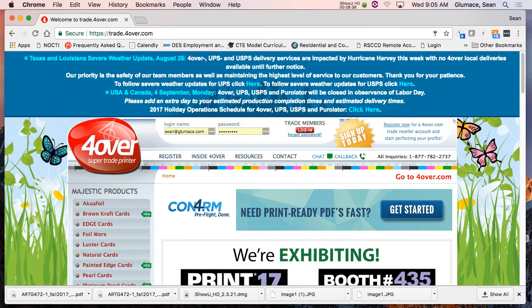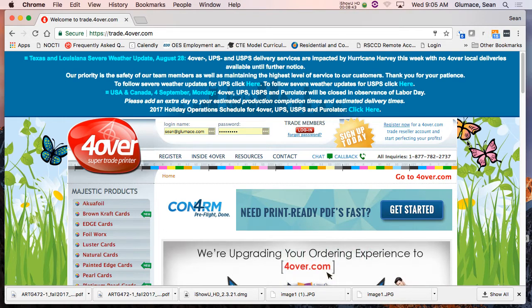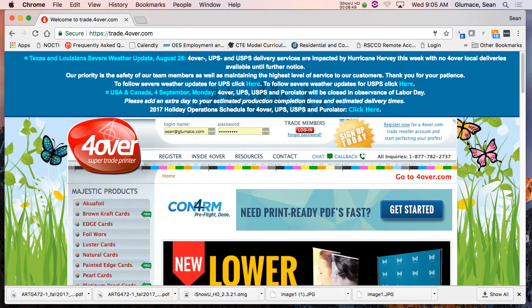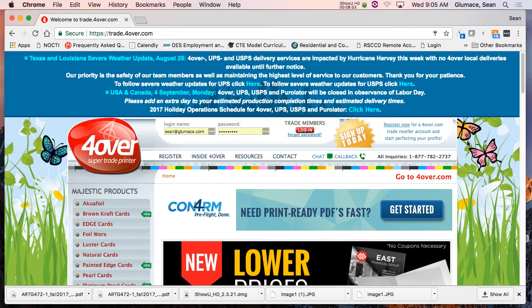So when I order something, and it could be a lot of different things here, if my client's in New York, it's going to come out of the New Jersey office. If they're here in Southern California, it's going to come out of Glendale. What happens is you send it to them, and then they decide where the closest place to print it is, and consistency in print.